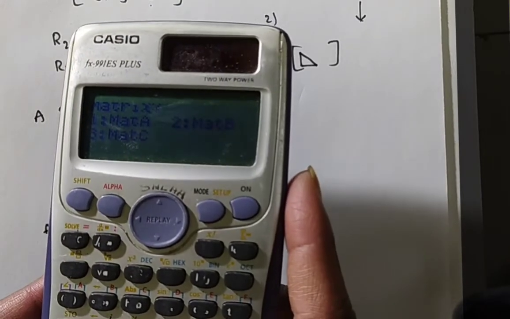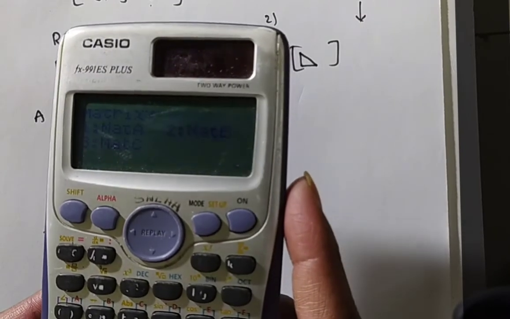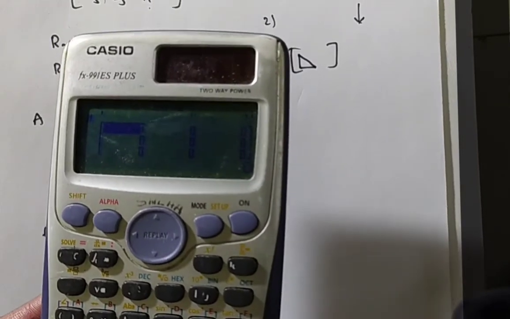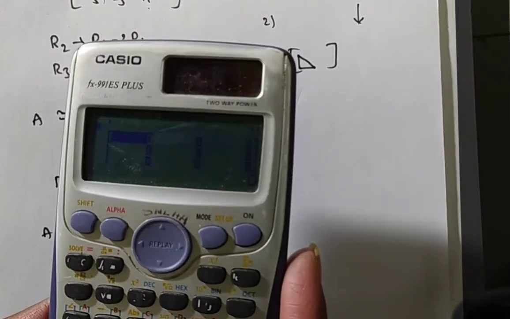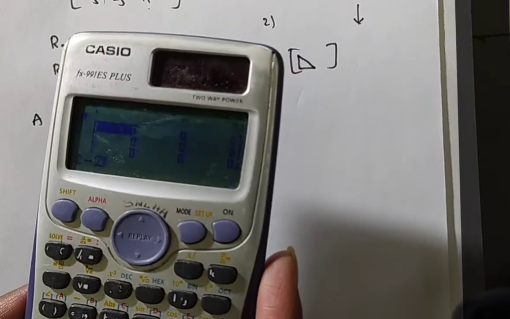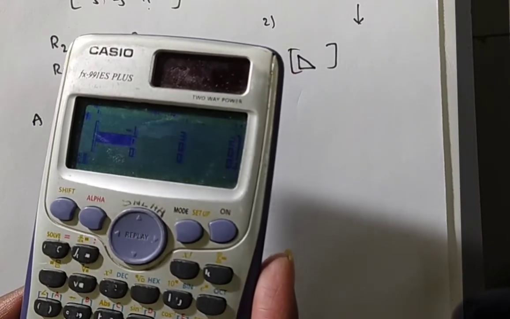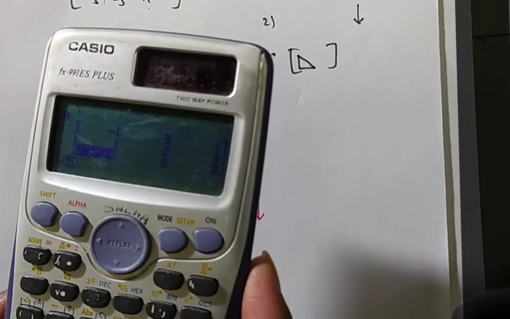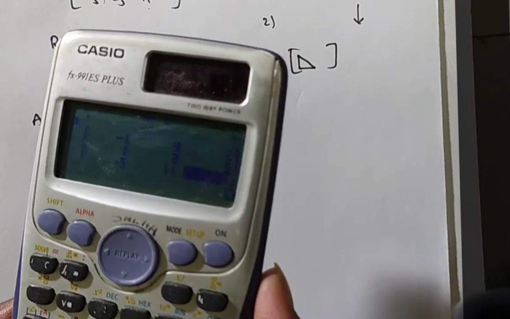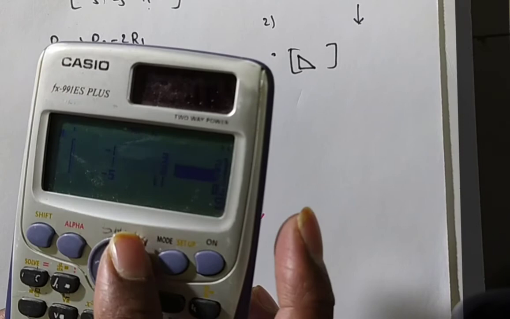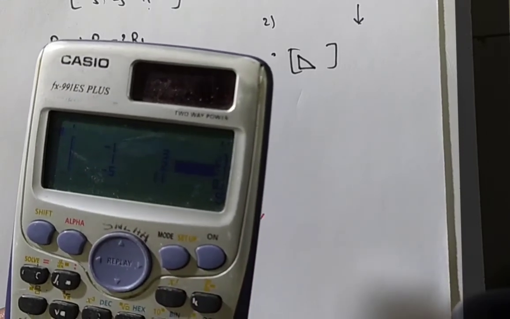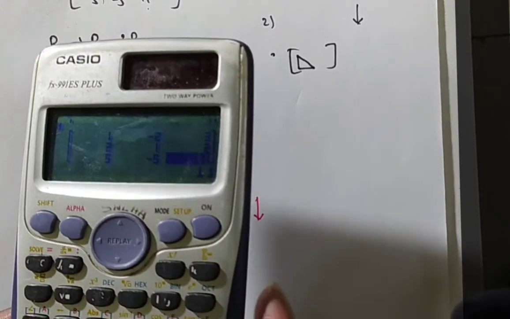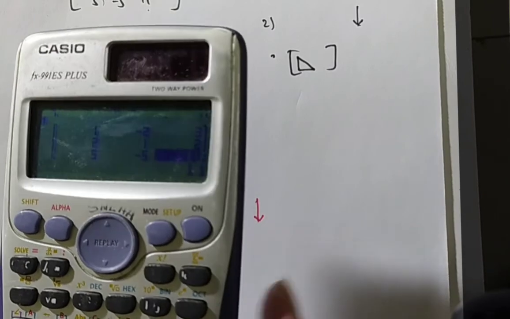Now we have to add matrix 1. That is matrix A, so press 1. Next, this is a 3 by 3 matrix, so press 1. You have to give all the values of the matrix. So the first row you have 1 equal, minus 2 equal, 3 equal, 2 equal, 1 equal, 2 equal, 5 equal, minus 5 equal, 11 equal. Okay, sorry, here I made a little mistake. Now I am rectifying this one. Now I have given all the values of the matrix elements. Now press the equal button and the AC button.